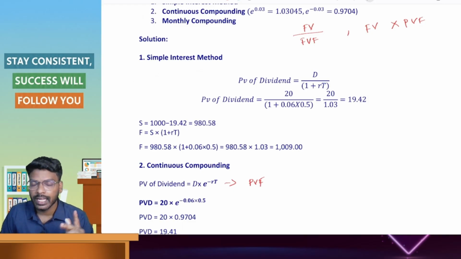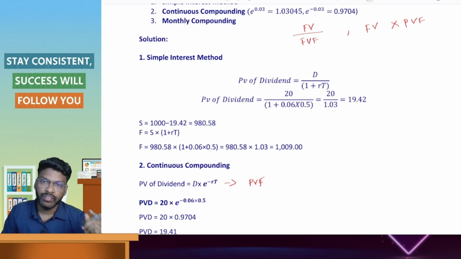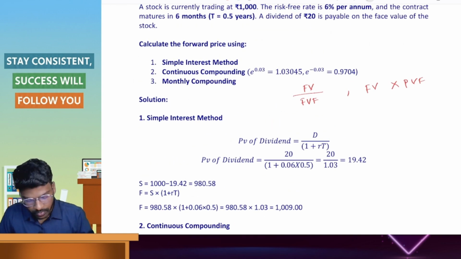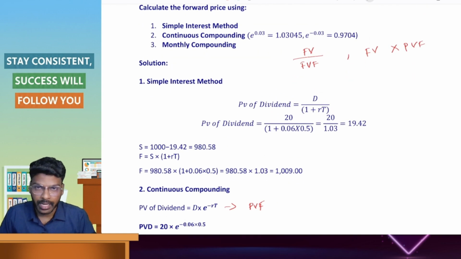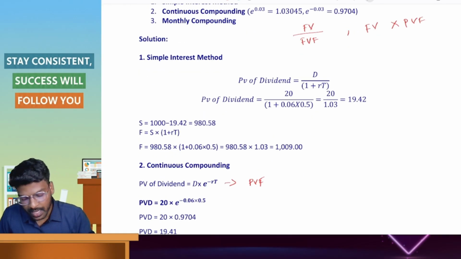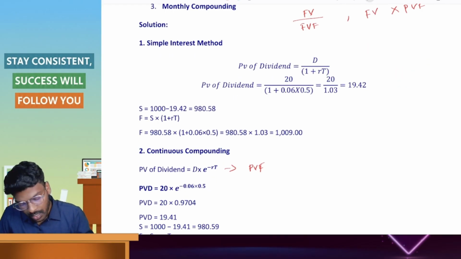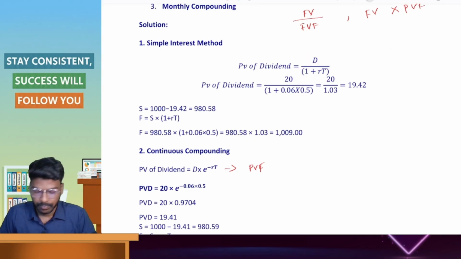The present value of dividend in case of simple interest equals dividend divided by 1 plus RT. Or in case the present value factor is given in the question, we have to multiply the dividend with that factor. Then we will get the present value of dividend. So the present value factor is not given in the question. I have to use the formula D divided by 1 plus RT. 1 divided by 1 plus RT is nothing but the present value factor. Okay. So D divided by 1 plus RT will be computed